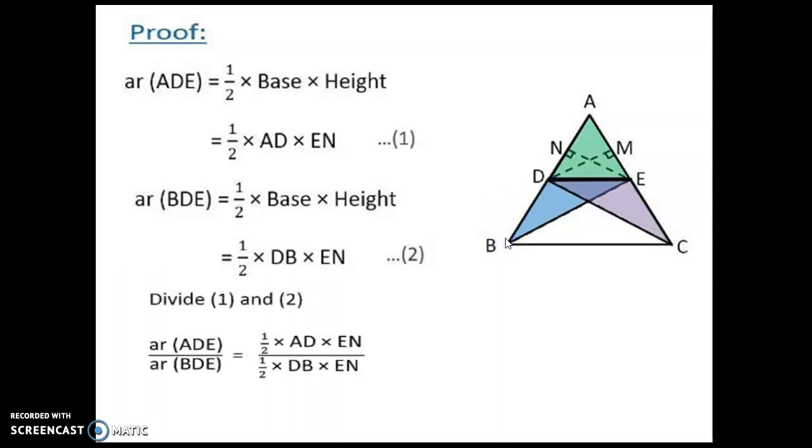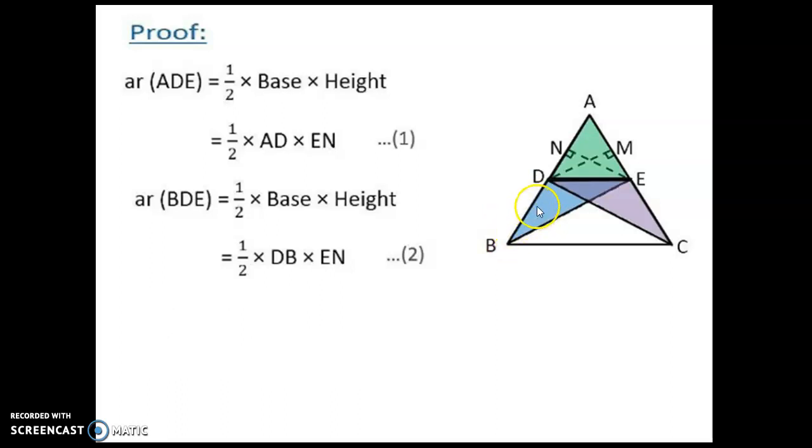Then height it's going to be this one, EN only. Why? Because it's like an obtuse triangle. Whenever you have an obtuse triangle, how will you find the height of this triangle? We will extend the base and draw a perpendicular from here to here. So this is going to be our height. For any obtuse triangle we will find the height like this only.